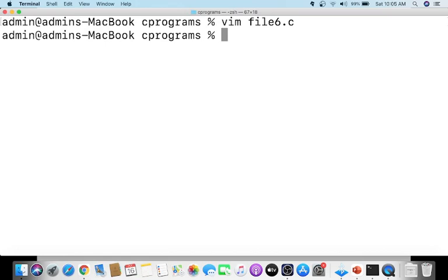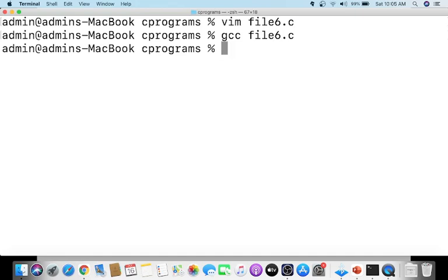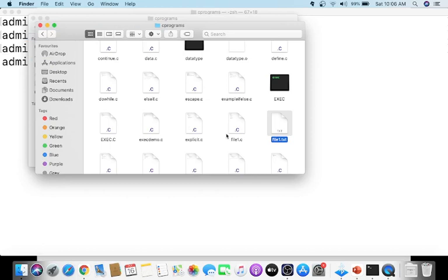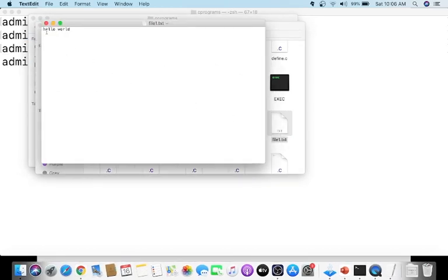If we run this program, gcc file6.c, and then run ./a.out, the hello world will be written to the file. You can open that file, file 1.txt, and see that hello world is written inside it.